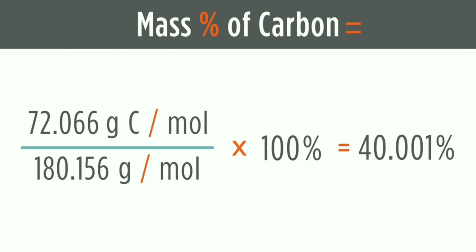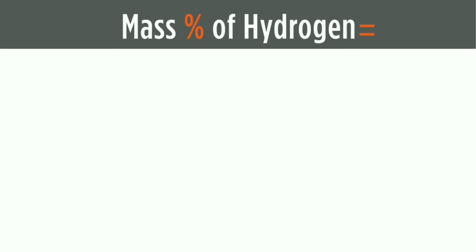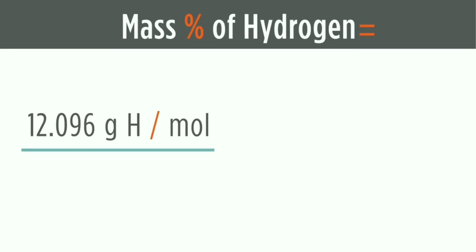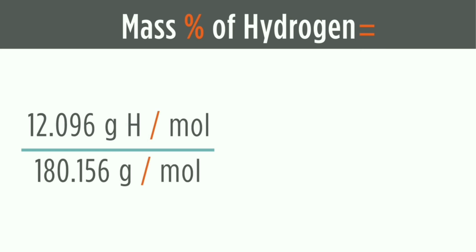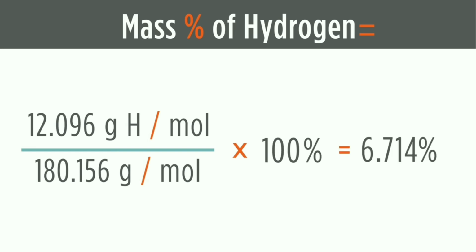For carbon, it'll give us 40.001%. If we do the same calculation for hydrogen, the mass percent of hydrogen is equal to the weight of the hydrogen in glucose over the molar mass, times 100%, which will equal, in this case,